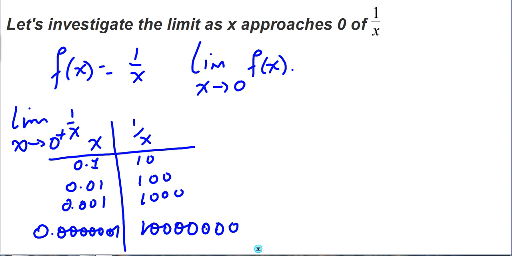So we can write that the limit as x approaches 0 from the right of 1 over x is positive infinity. Positive infinity means it gets bigger and bigger and bigger. And if we go